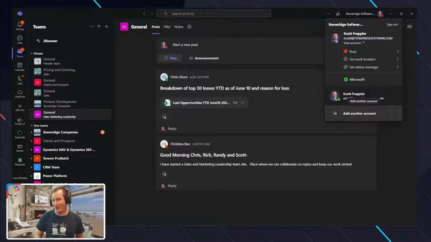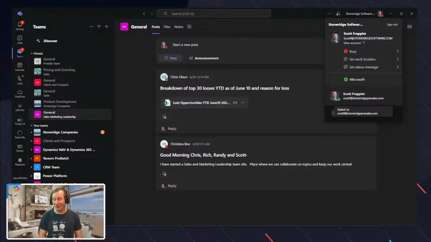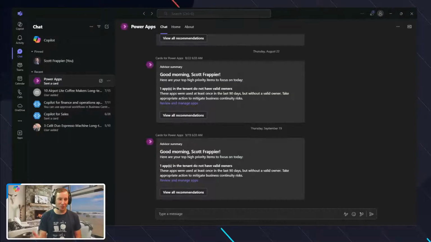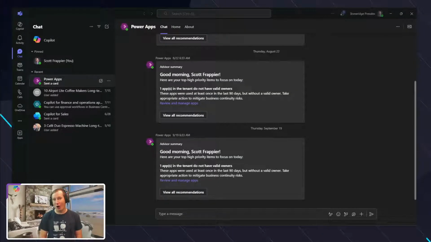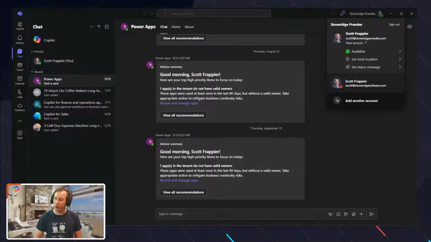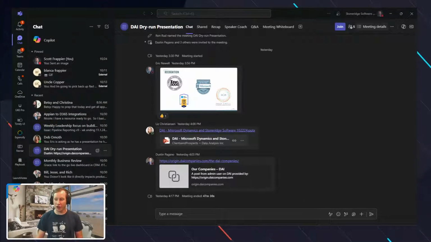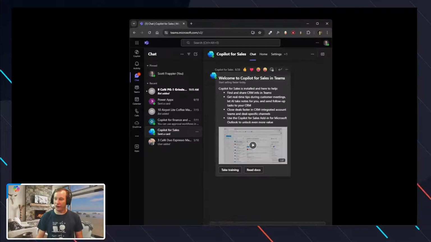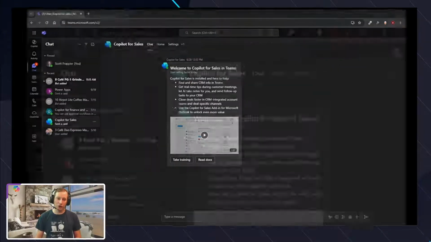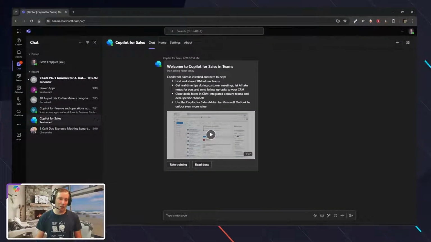Now, there's good and bad to this, right? So the bad is when I do that, you'll watch, there goes Teams, bam, goodbye, stoneridgesoftware.com, right? So now I'm not getting any messages for Stoneridge Software because I've changed the context of the user that I'm operating under. Whereas if I do it this way, where I operate under Stoneridge Software as an example, and then over here I go into our Copilot section in our browser, you can see that I am able to be logged in twice at the same time. So the cool thing about this is, if you have multiple accounts, you can use the browser to do that.